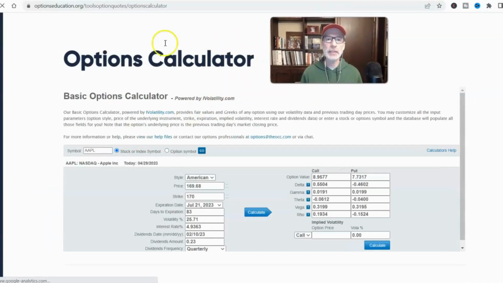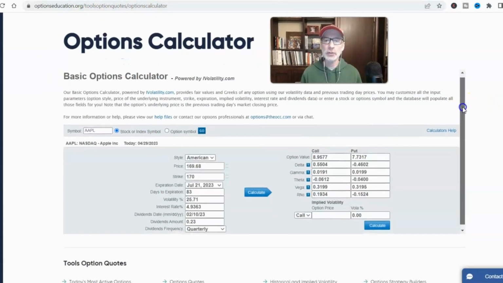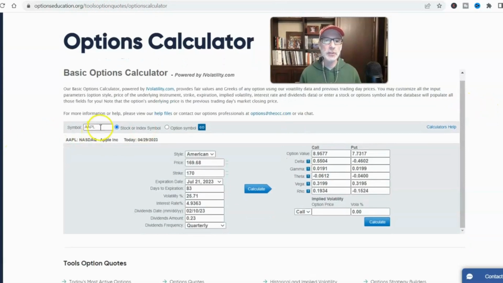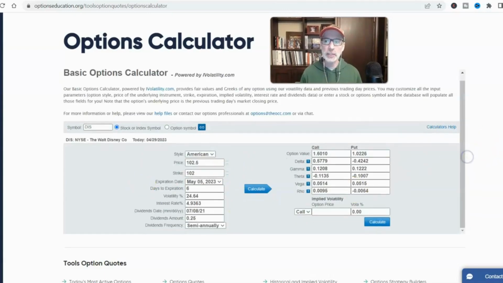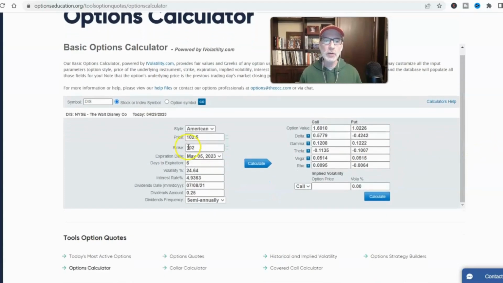Okay, so this is at the optionseducation.org website. I've talked about this before, the free option calculator. I want to show you how it works in real time. So let's just put in Disney. You type in the stock, and it'll default to the last prices that were on the exchange at that time. So we're going to look at, let's just change this to